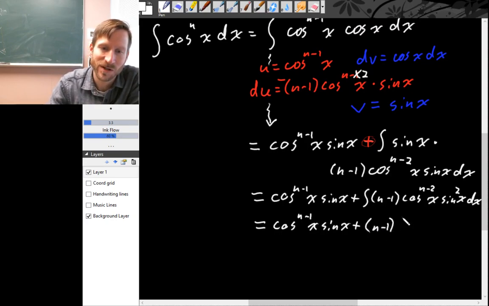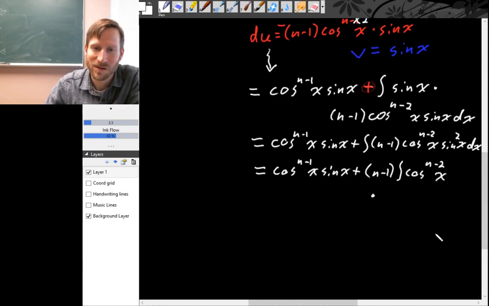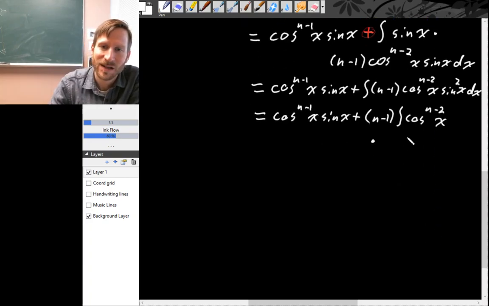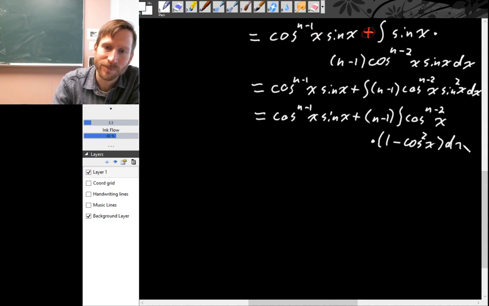So n minus 1 times the integral of cosine to the n minus 2 of x times, all right, so now we're going to use the Pythagorean identity. Sine squared is 1 minus cosine squared of x dx. All right, and now